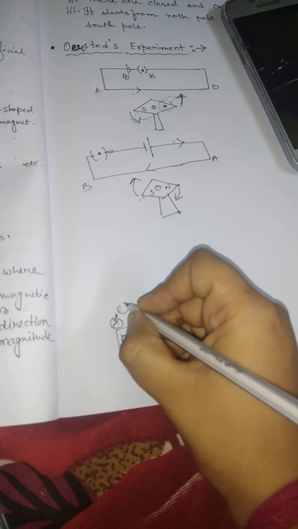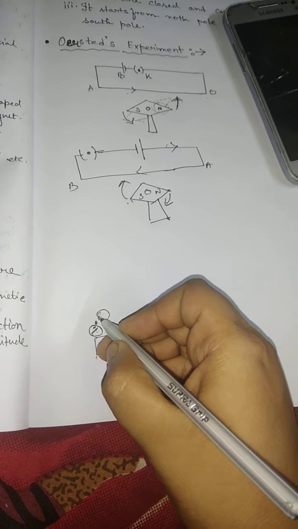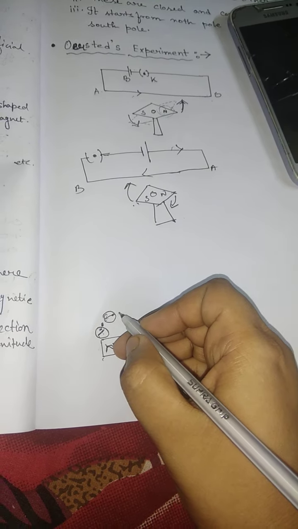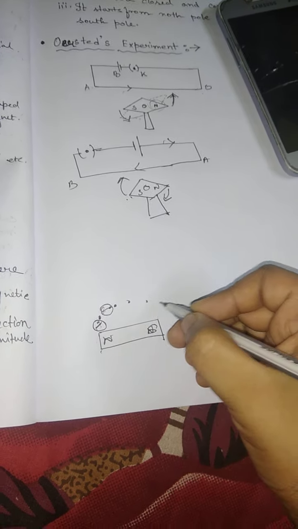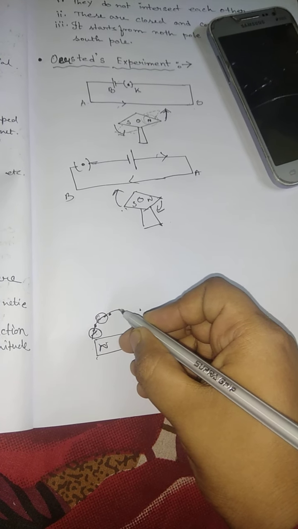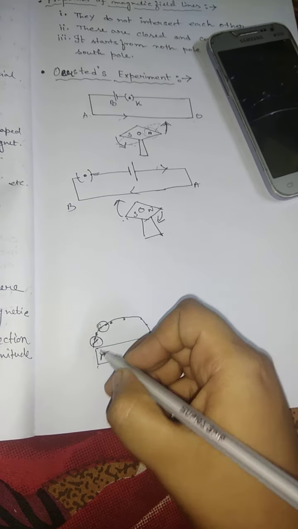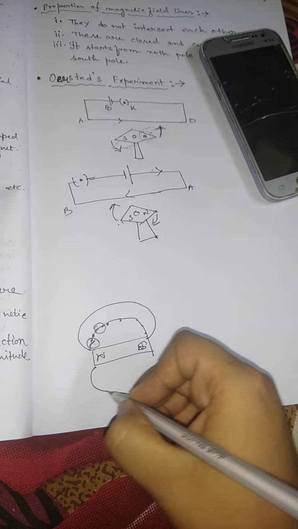Now you place another magnetic compass here. The compass directs its north pole in this direction, so you mark it here. In this way, you get this dotted line. If you join these dots or points, you get a closed continuous path on both